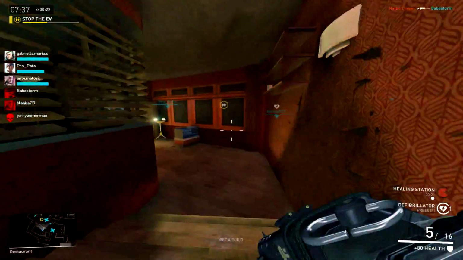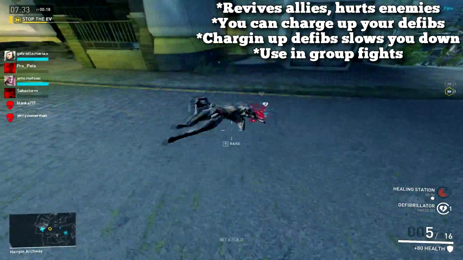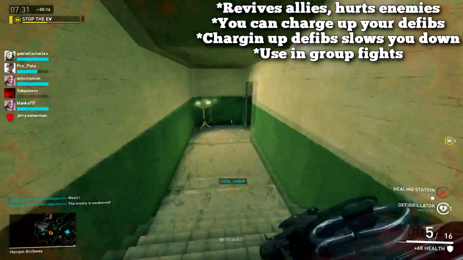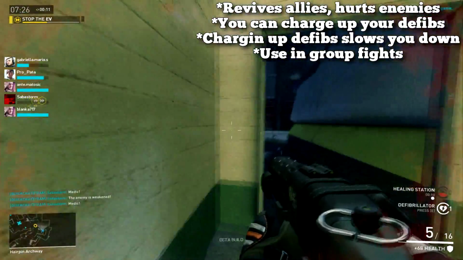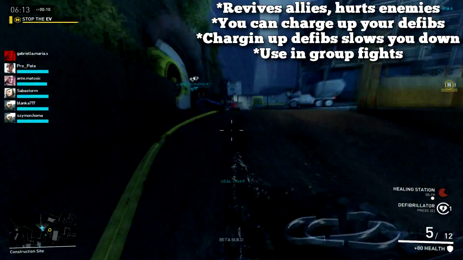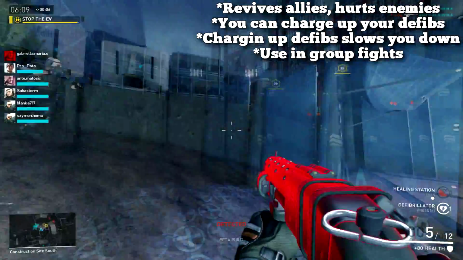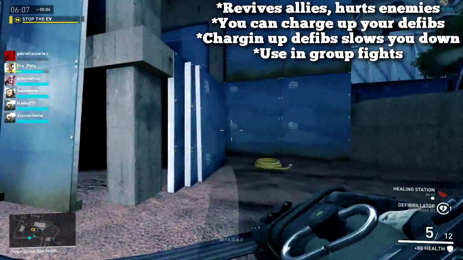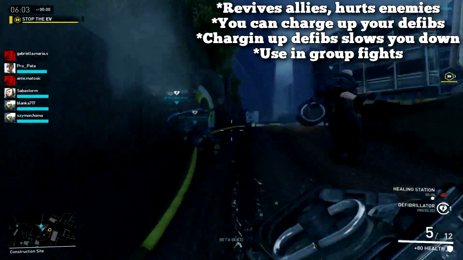So on to Defibs. Defibs can revive your allies and hurt your enemies. The longer you charge them, the more health your ally will have when he is revived. It will also do more damage the longer it has been charged. So most people don't know that when you're using the Defibs, you can actually charge them up and revive then. That means though you have to switch on to your Defibs, and that can be an absolute difficulty,